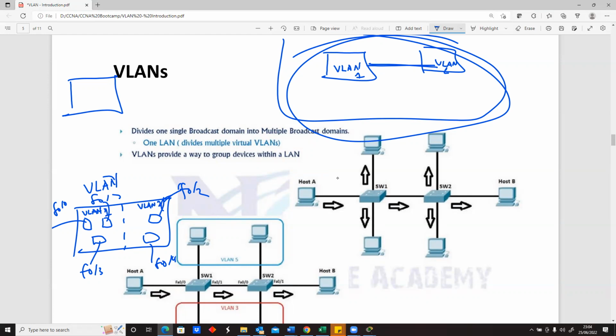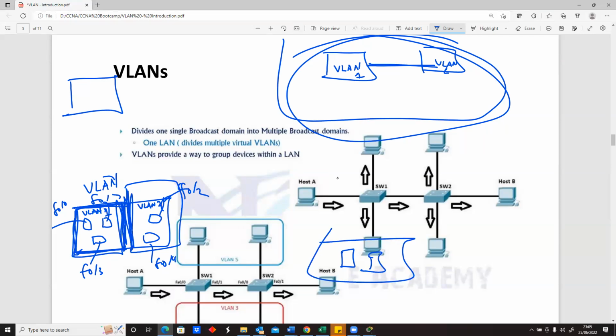Now VLAN 1 is going to be one part of your device, and VLAN 2 is also going to be one part of the device. Technically, it's more like saying you've created two switches, even though it's one switch. And that's exactly what we've done here. Now, one thing we will know is that by default, a switch has all its ports in one broadcast domain. It means that when we send a broadcast message from one port, it should be sent to all the other ports. But once you create a VLAN,